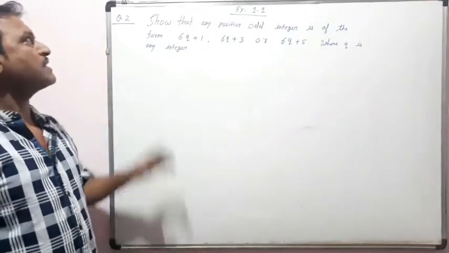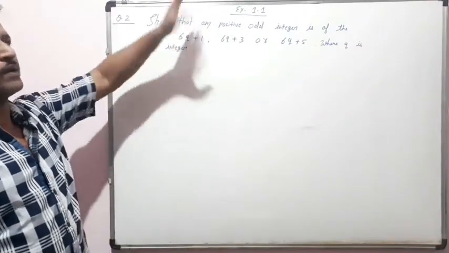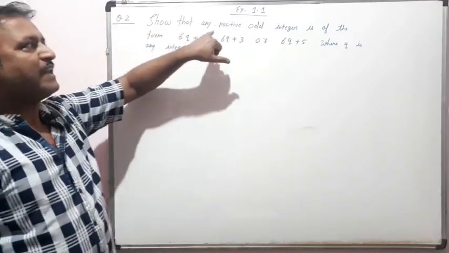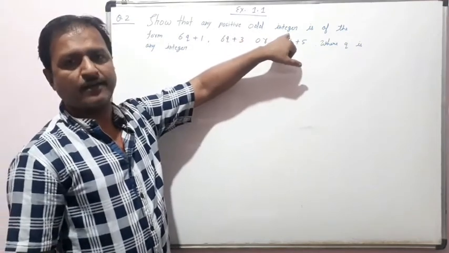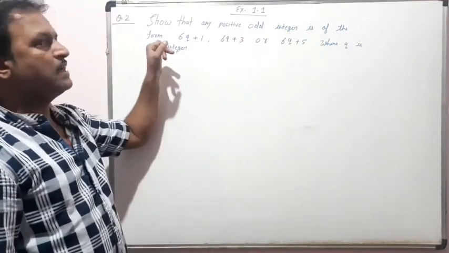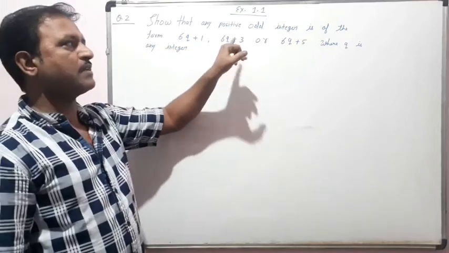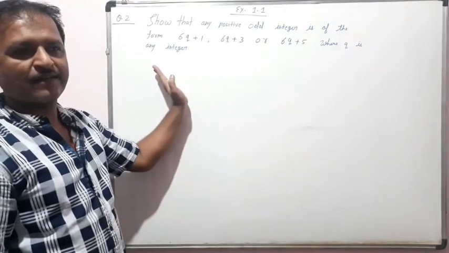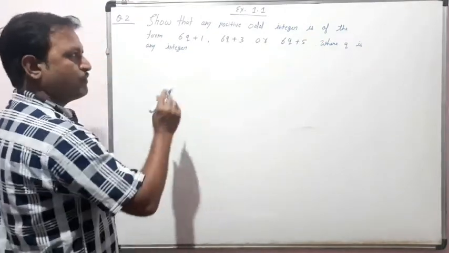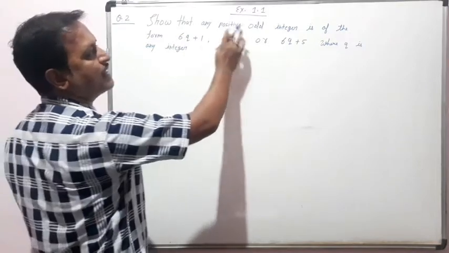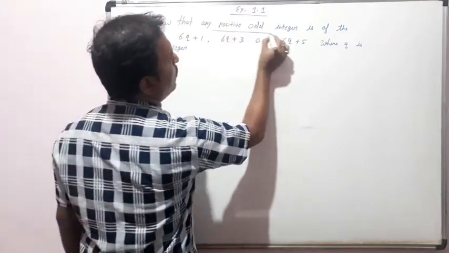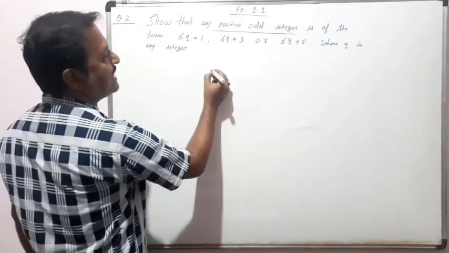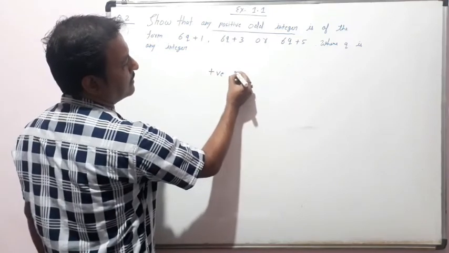Now we see question number 2. I have written on the board to better understand the question. Show that any positive odd integer is of the form 6q plus 1, 6q plus 3 or 6q plus 5, where q is any integer. Now before solving this, you have to understand the words positive odd integer written here. So integer, positive integer,